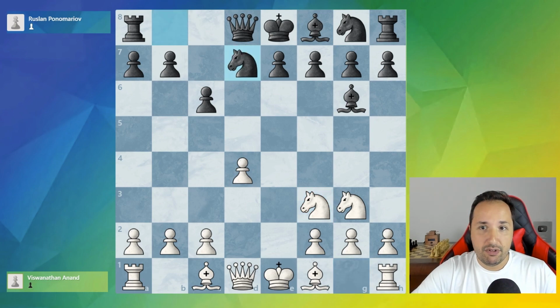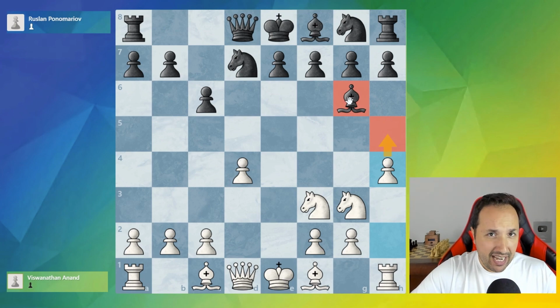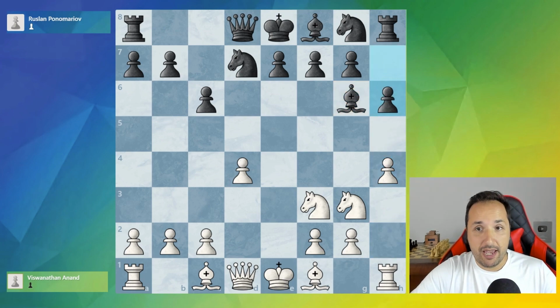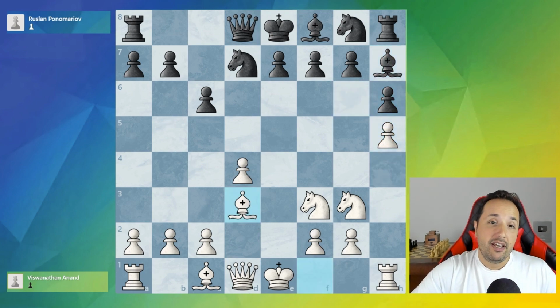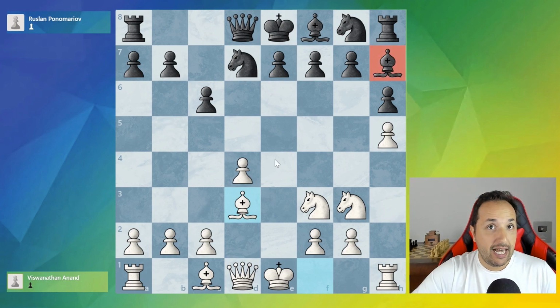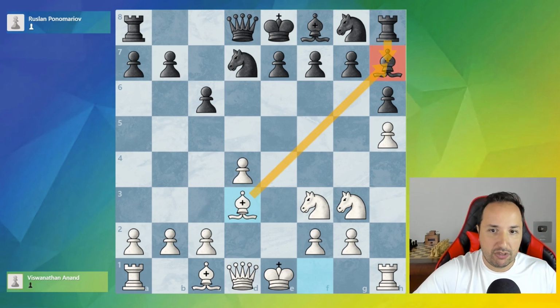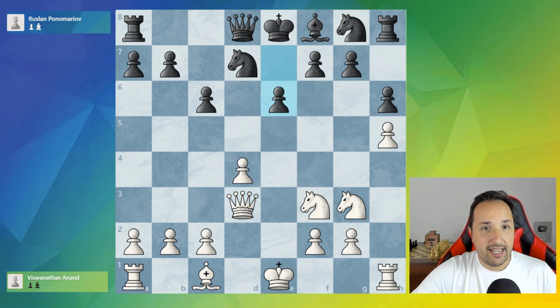So knight to d7 was played and h4. Now preparing to push h5 and trying to trap this bishop, so h6 giving room for him to escape, h5 chasing the bishop, bishop h7, and now bishop to d3, attacking the bishop here and proposing the exchange of the bishops. Of course, black cannot allow this bishop to h7 move because then the rook is just gonna be out of place. So bishop takes d3 was played, queen takes, and now e6, and then bishop f4 here